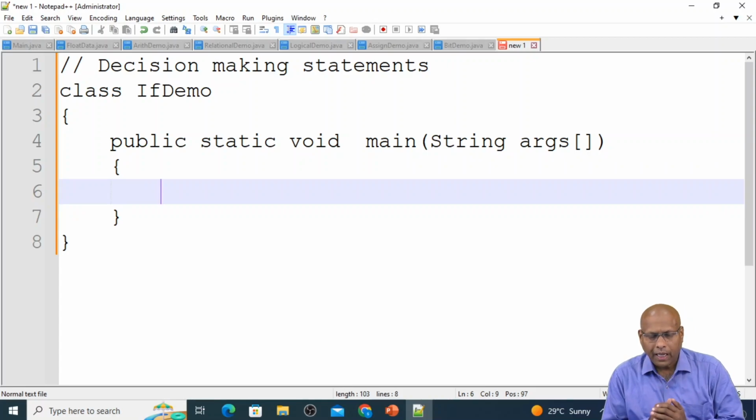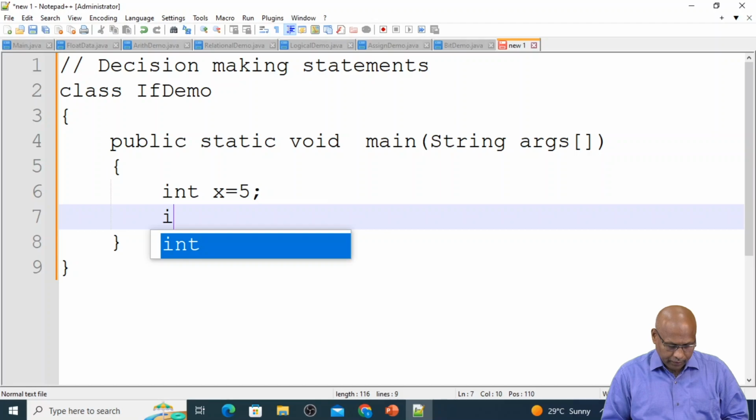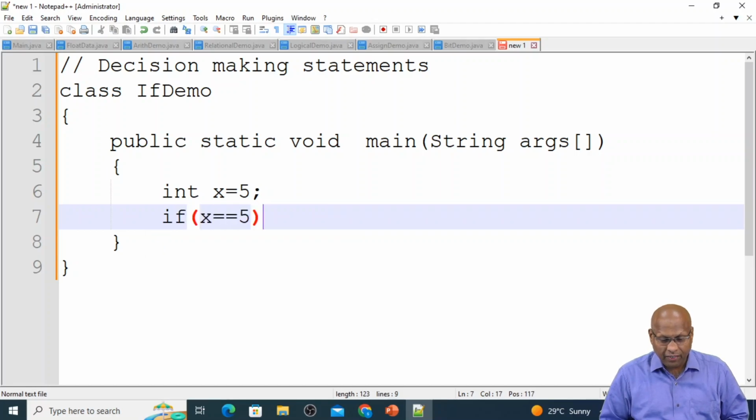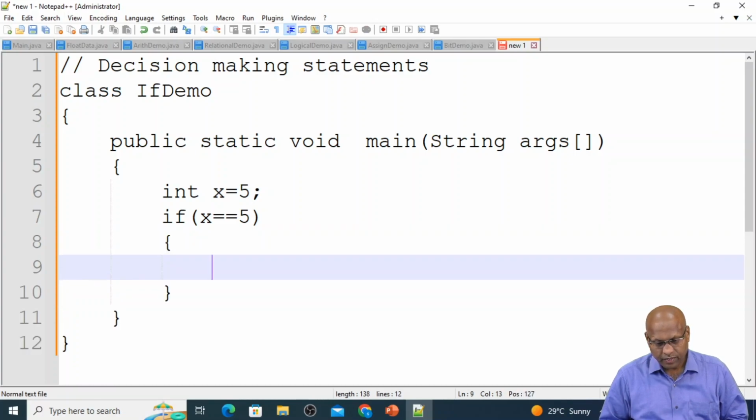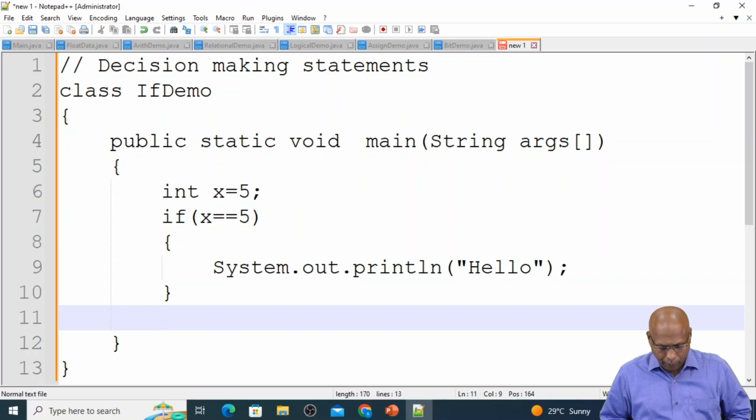Now I want to implement the simple if statement. Let me write a hello statement if some condition is true. For example, int x equal 5. What is the value? 5. If x equal 5, then I will print a message, System.out.println hello. I want to print the message hello if the value x is matching with 5. Otherwise, don't print. After that, at the bottom, I want to print a message also